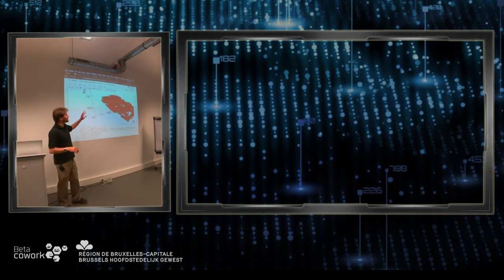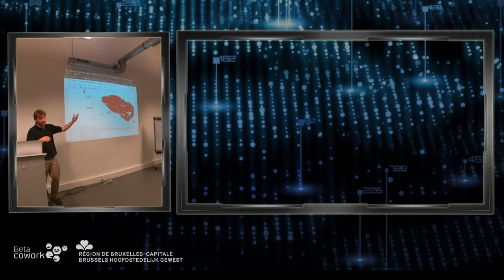The data set that the government provides has already done a segmentation of what is ground points and non-ground points. The way they do it is with an algorithm. They look at which are the points which are the lowest locally and try to extend this without going too big of a slope. And so you can already picture this by putting two colors. Gray is the ground points, red is the non-ground points.